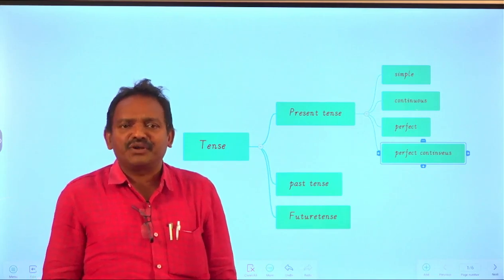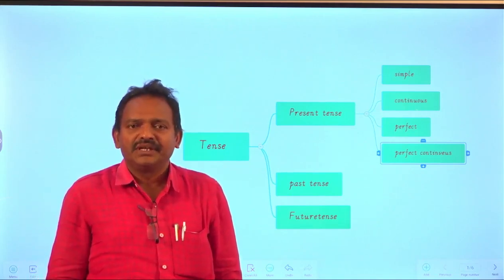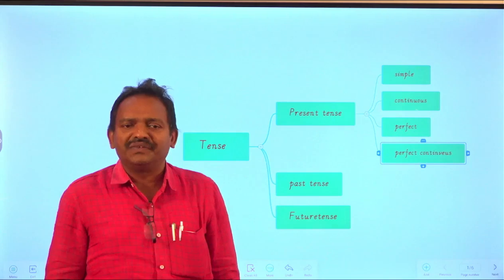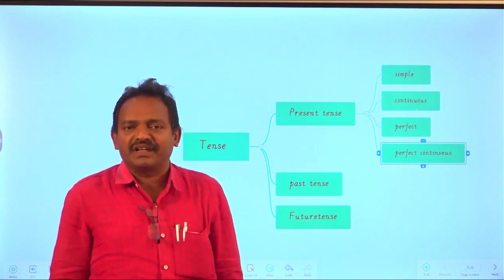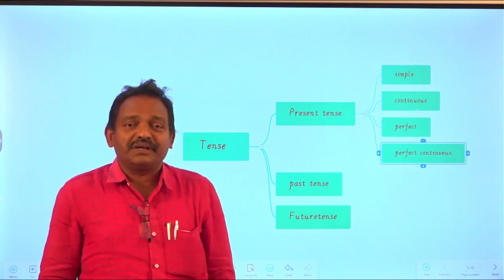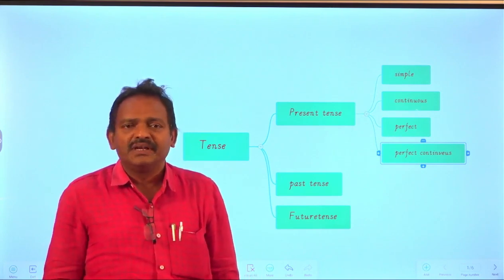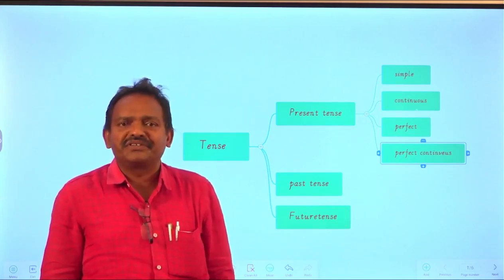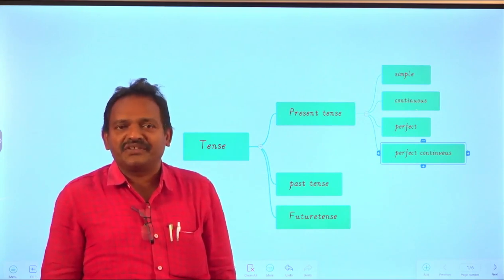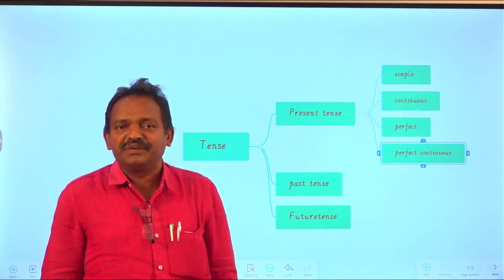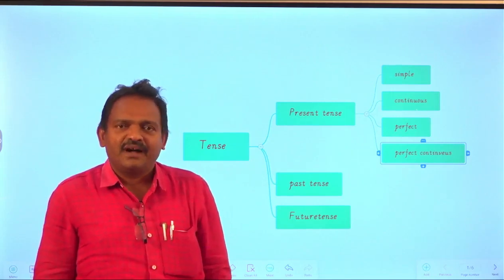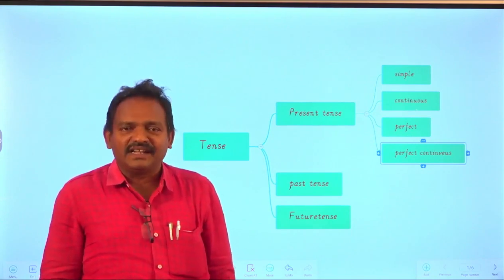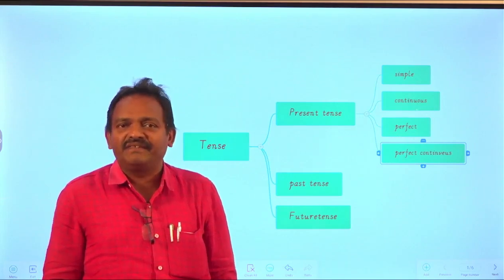Tenses is a very important topic in grammar. You see, in the present scenario, there is no world without grammar. There is no world without communication skills. It's based on the English language. Why I particularly choose the topic tenses is, there are so many topics in the English language, like articles, prepositions, corrections, active voice, passive voice, degrees of comparison, direct indirect speech. There are so many topics. All are very important. But among all, I feel the tenses, our present topic, is very important.